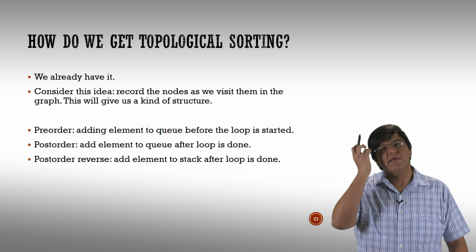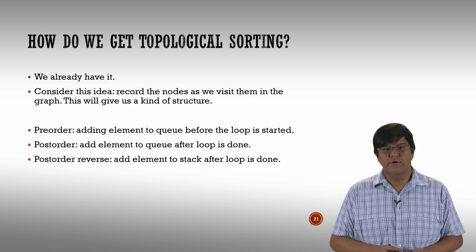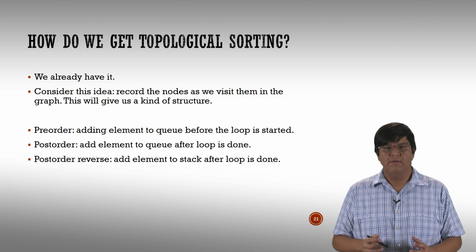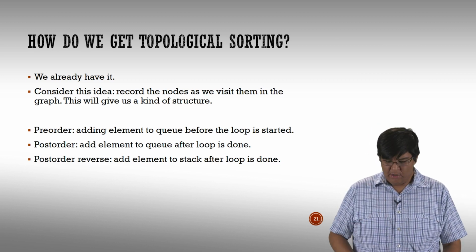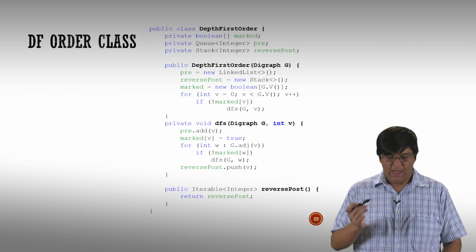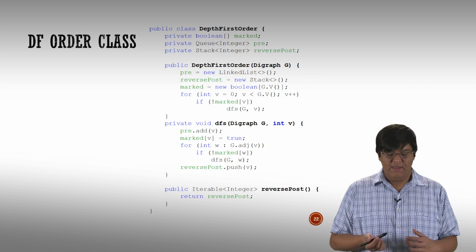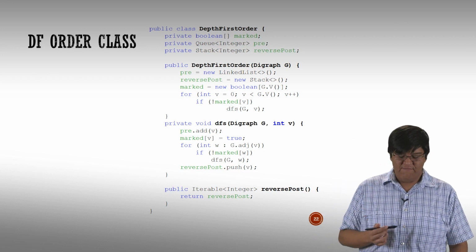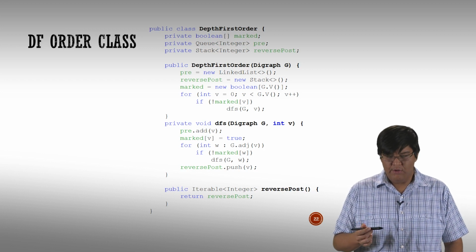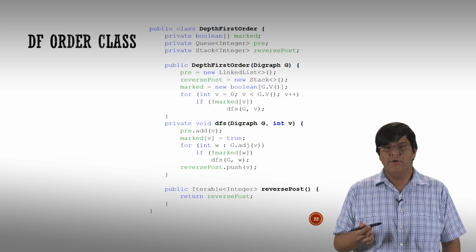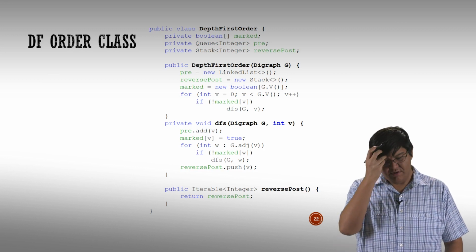And we're going to specifically look at these for DFS. The goal here is that one of these orders will be the order we need to compute a topological sort. Okay, let's take a look at the code and see what this even means. So I have here DFS, because DFS is kind of my gold standard for things I can easily manipulate. I have kind of standard code here. I've edited it from the base code to include recording a pre-order traversal and then a reverse post-order traversal. So let's look through that.